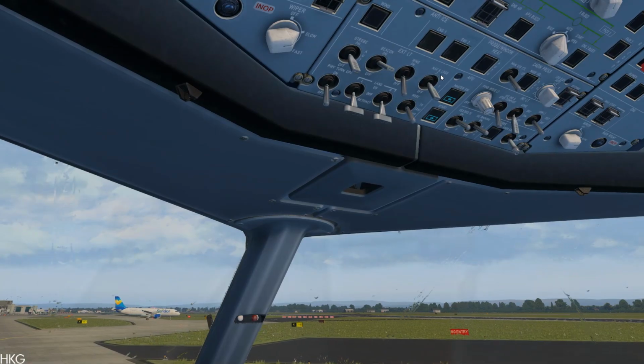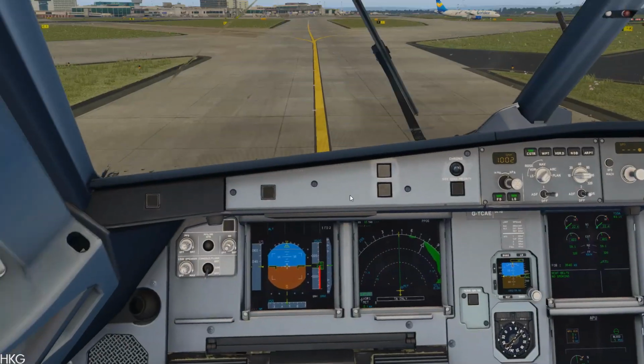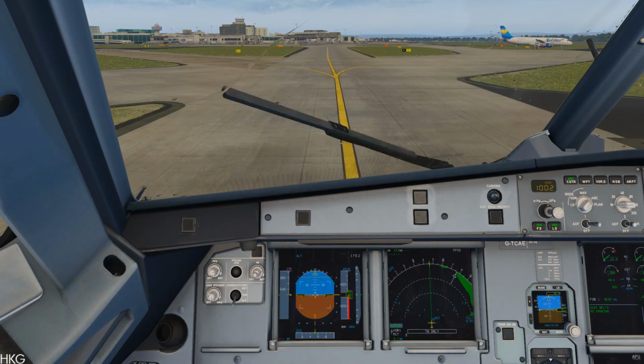Thomas Cook 1175, disregard the clearance. Can you refile please? Two trees are in use. I need you out via a...